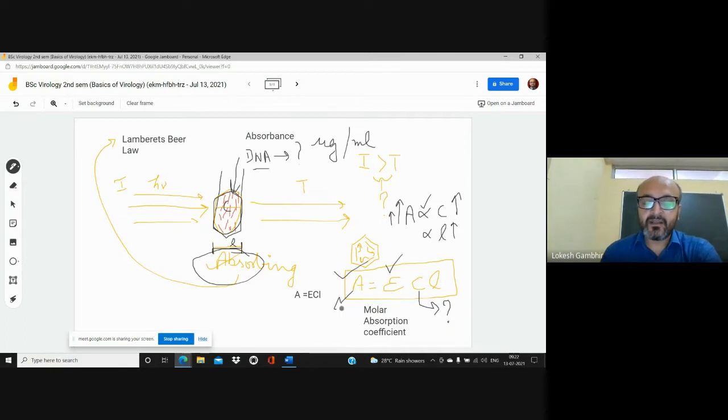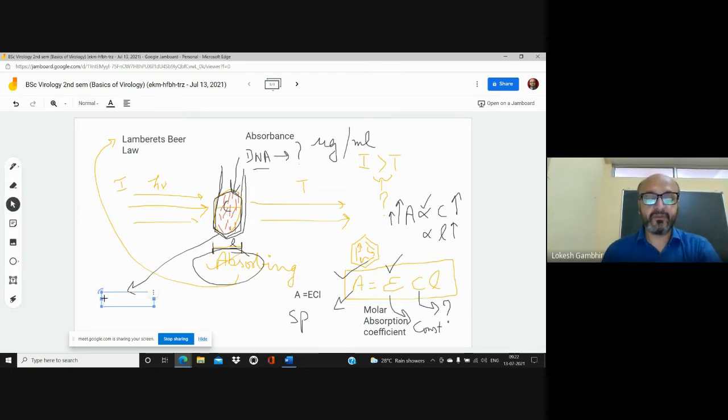So this will be taken up by UV visible spectrophotometer. Then what else? Then this is your constant quantity that we will be using. Now in the UV visible spectrophotometer, the instrument, we always use a standard tube for measuring these particular solutions, and that standard tube is called a cuvette.